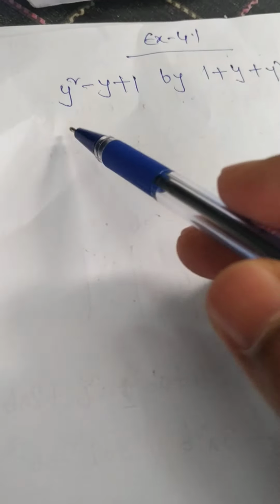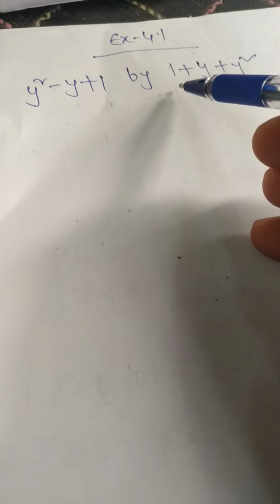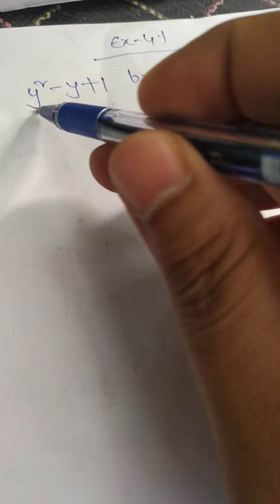You can see there are three terms, here there are three terms. So what you need to do is, with one you multiply the whole